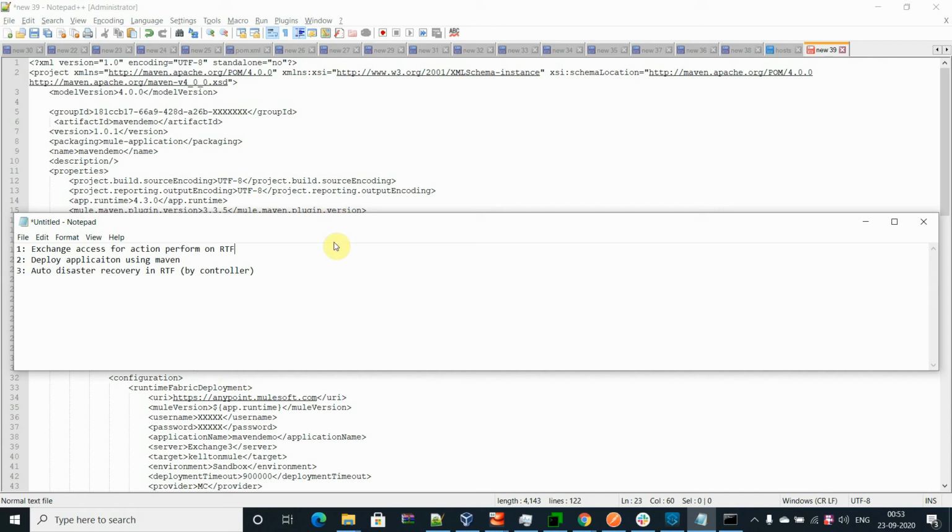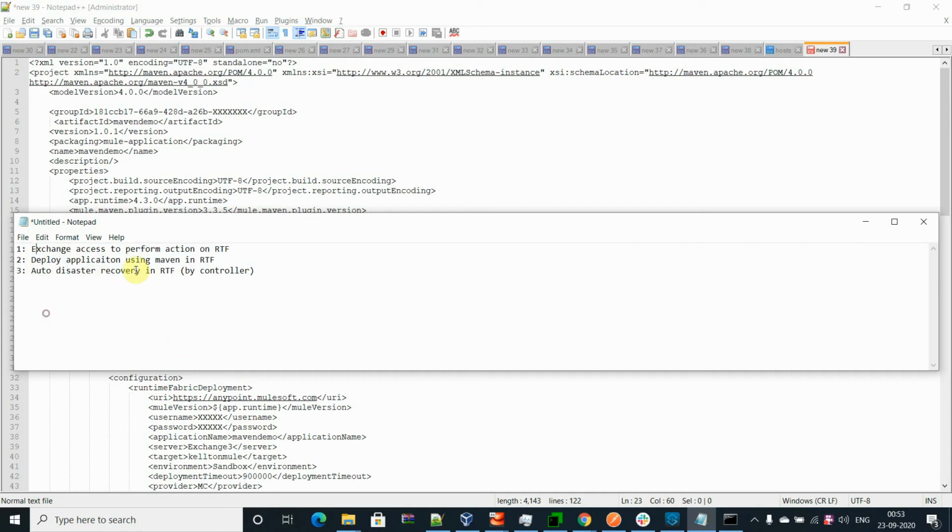In the series on Runtime Fabric, I would like to share a few scenarios about Runtime Fabric: the Exchange access needed to perform actions on RTF, deploying an application using Maven in Runtime Fabric, and auto recovery in RTF by the controller.